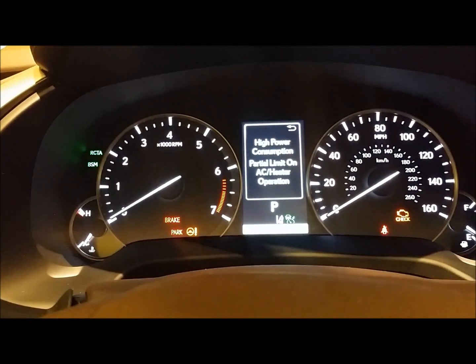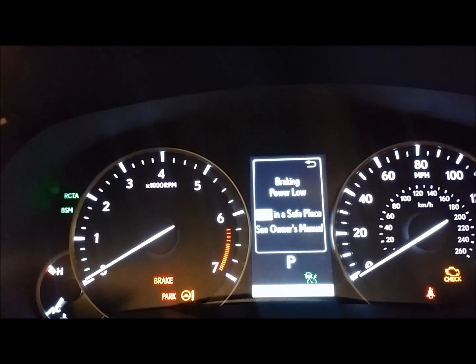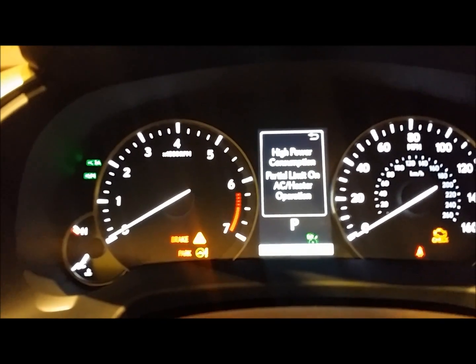The last thing I want to point out is lane departure alert right here. You can see it's on, it's off, it's on. Lane departure alert, what it does is there's a camera right underneath the rear view mirror. There's a camera there. It's watching the lines on the road, and if we veer out of the road or off the road, outside of our lines, left or right, it's going to notice, and it's going to vibrate the